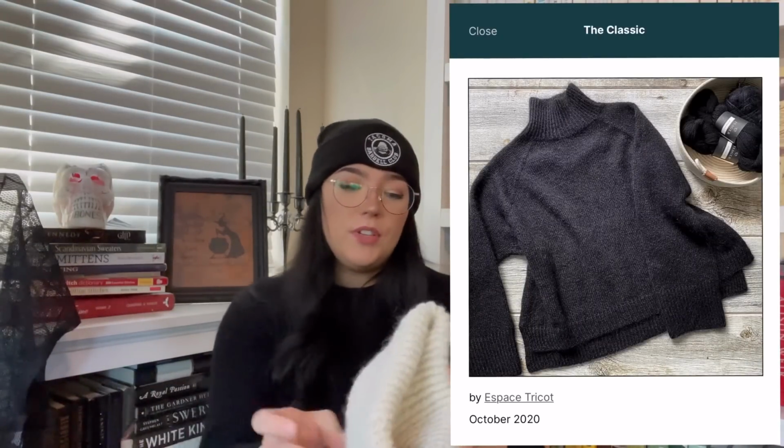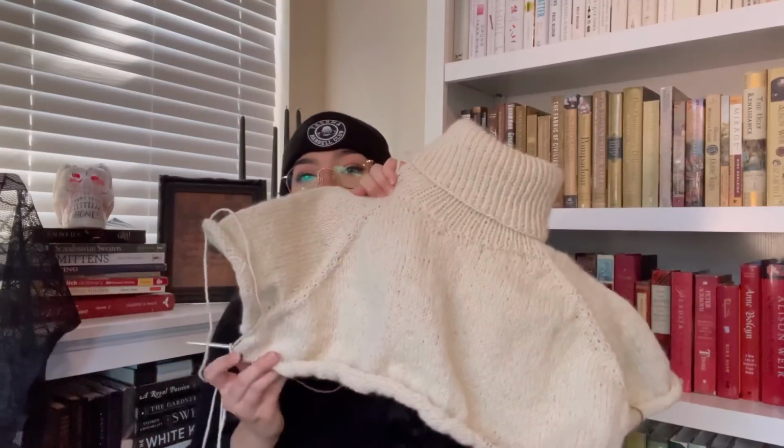So those are my finished objects, but my next WIPs for my knitting are my classic sweater. This is a Spastico pattern. I altered it already by changing the neckline to be a fold over neckline, and I did follow the raglan increases, but I pretty much just stopped when I knew that it was already going to be oversized. So I got to a point where I was like, wow, this is a lot of stitches, and I'm usually about a women's small medium, and I was like, okay, this is more than enough stitches. I think that this is a 30-inch needle, and this is, as you can see, quite bunched up on here. So I knew that it was going to be oversized enough for my liking, and I split for